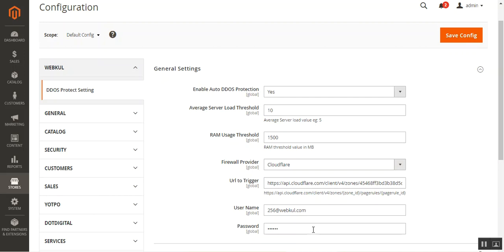Today we'll be checking out our new plugin, the distributed denial of service firewall protection for Magento 2 platform based web stores. Using this plugin, the web store admin would be able to enable the distributed denial of service protection for their online stores and can set the firewall provider and the URL to trigger for the DDoS protection of their